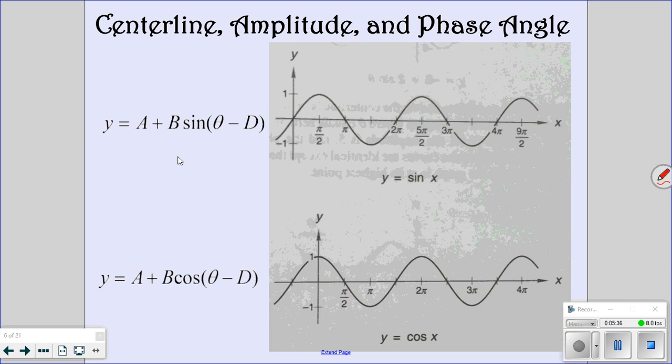Now we're going to go on to sinusoids. We're going to talk about centerline, amplitude, phase angle. Last year, if you had me, we learned